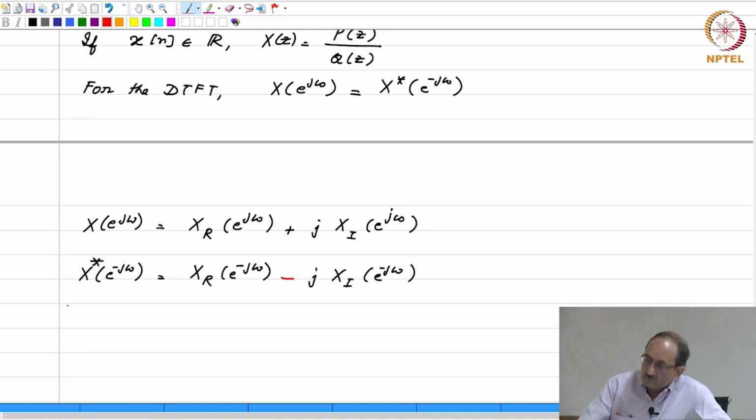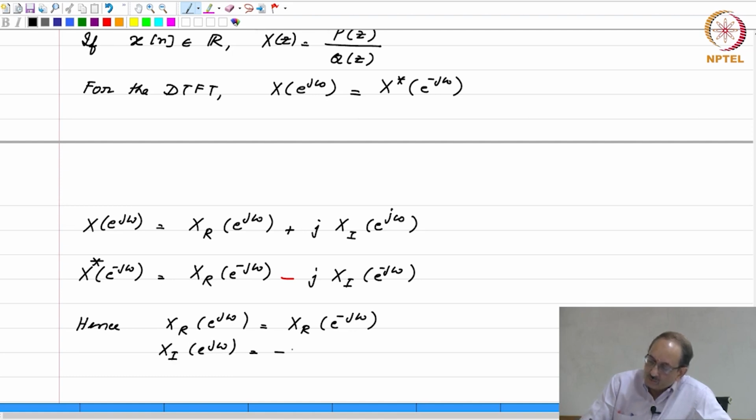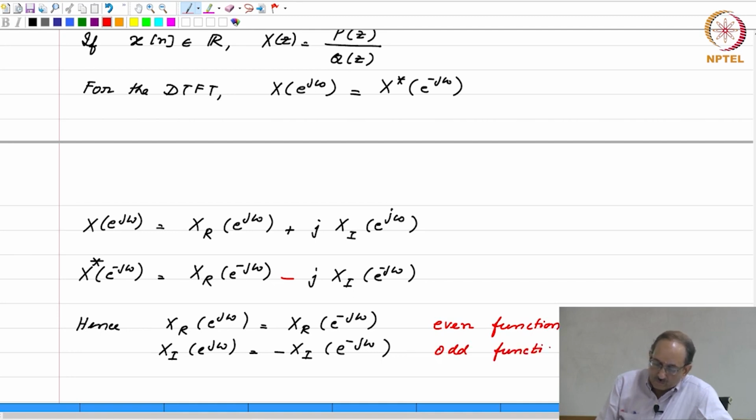So, hence you have xr of e to the j omega to be xr of e to the minus j omega, and xi of e to the j omega to be minus xi of e to the minus j omega. Therefore, this is an even function and this is an odd function,